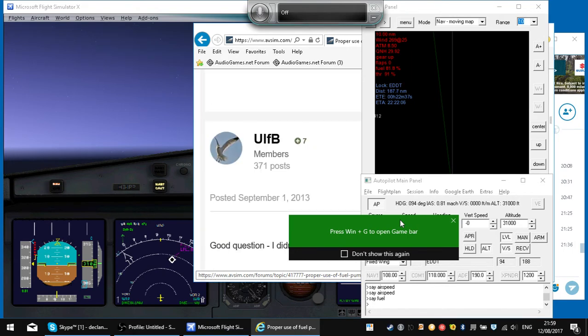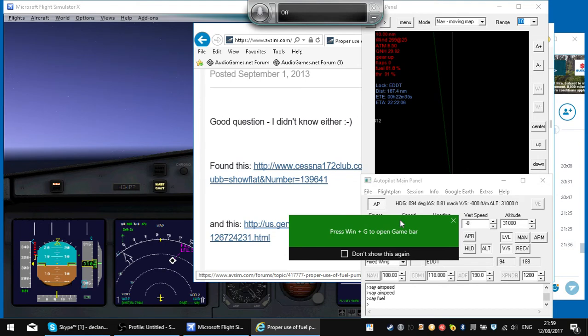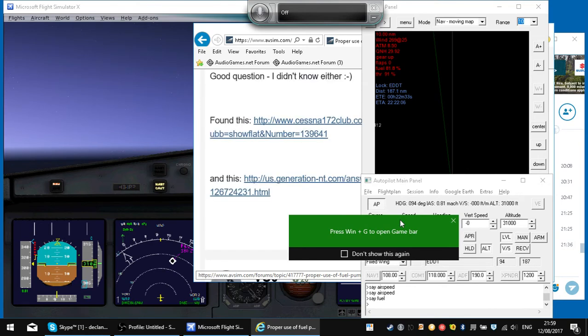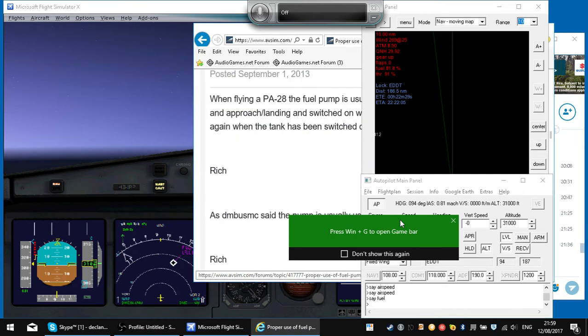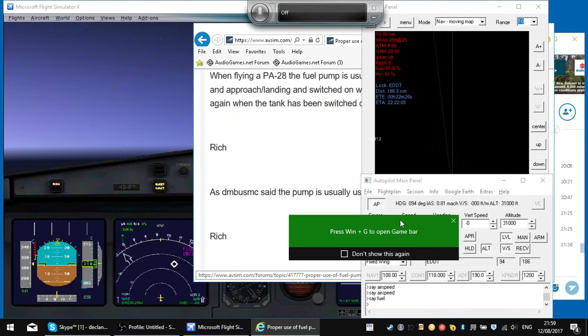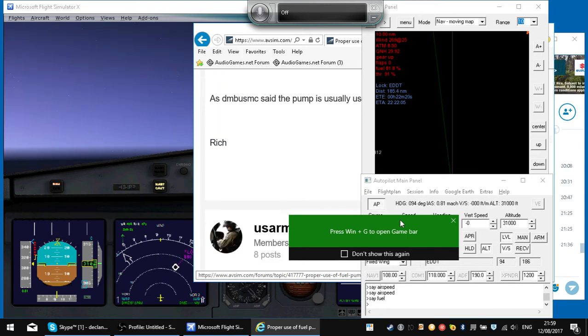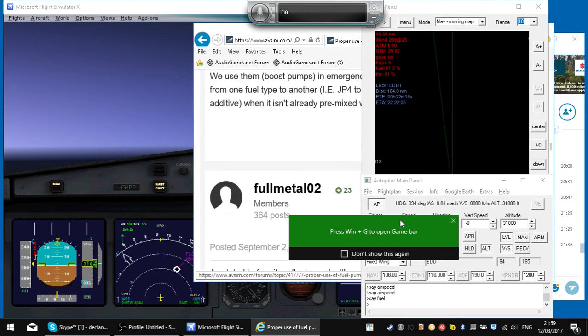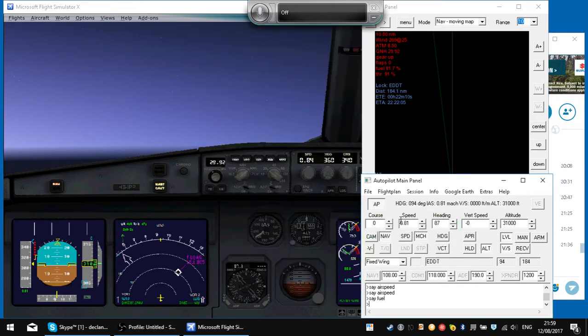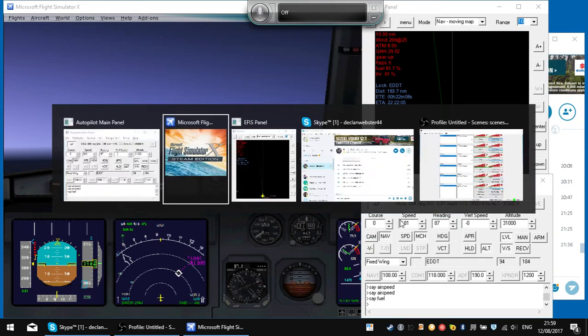I bet it's not just like a command. level list with 3 members 3 out of list link posted good question dash I didn't take T no either colon dash right found this colon link HTTP colon and this colon link 0 heading level Anyway. link posted when flying about dash 28 the fuel pump is usually checked 3 dash flight comma turned on for takeoff and approach slash landing and switched on when changing fuel tanks and switched off again when the tank has been switched over dot bridge land at 0 heading level 3 out of link posted we use them left parent boost pumps right parent in emergency procedures or when we have switched from one fuel type to another left 3 dash mixed with aviation fuel I understand why there would be autopilot main panel dialog EDDT 184 heading Microsoft flights